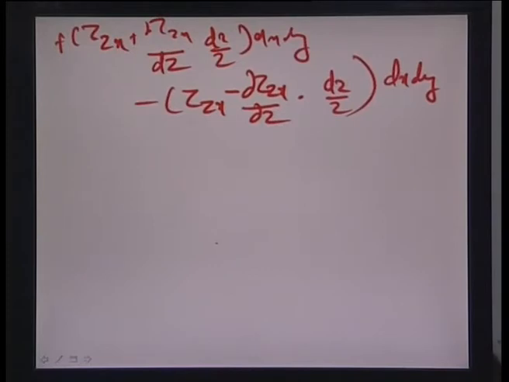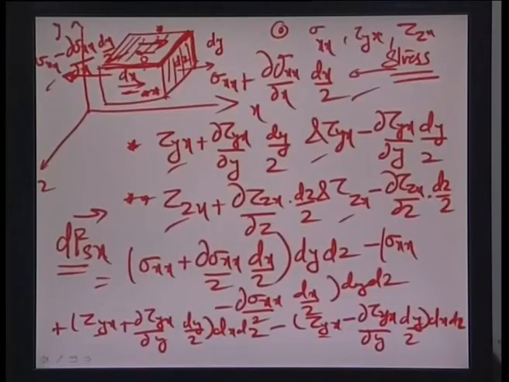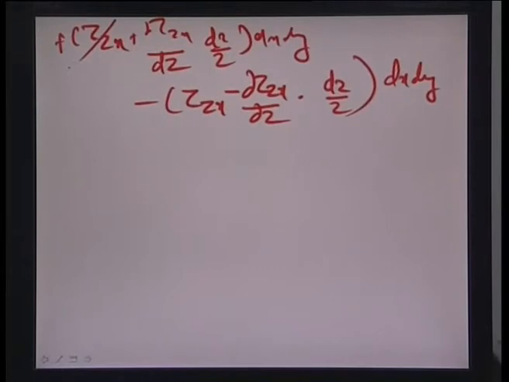So, if I take a simplified form of all this, as you know here from this expression you can easily find out that the sigma x's actually cancel, because the dy dz are similar on both. Similarly, the same goes for the tau xy's, and only the differential components here are what is retained, and similarly here tau zx and minus tau zx. So, if we assemble together all these different terms, then on simplifying